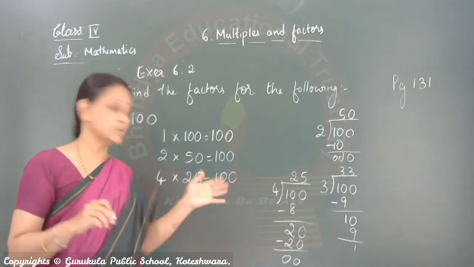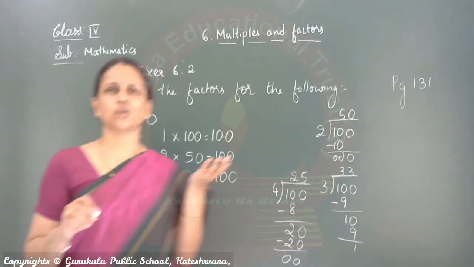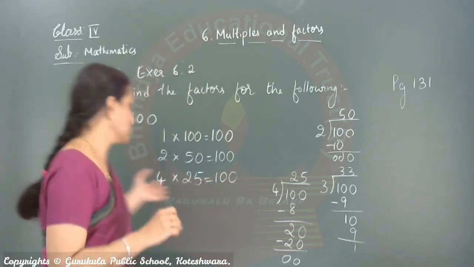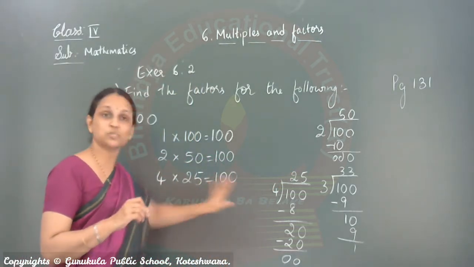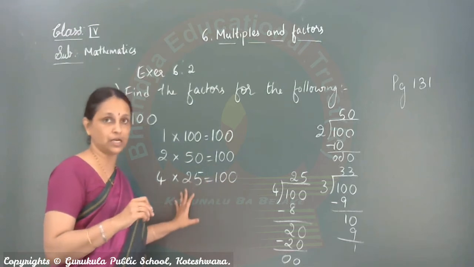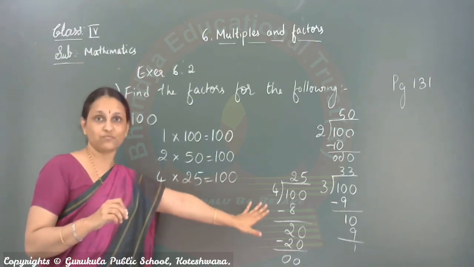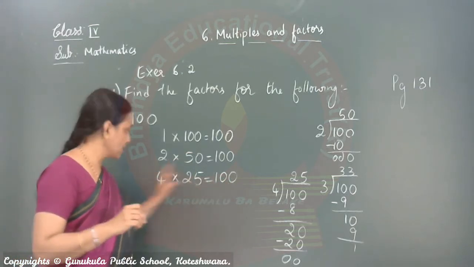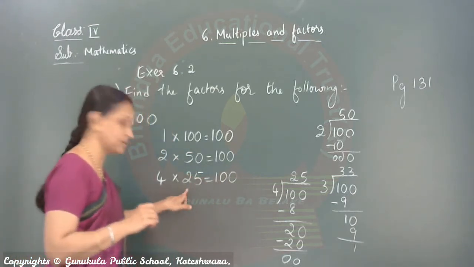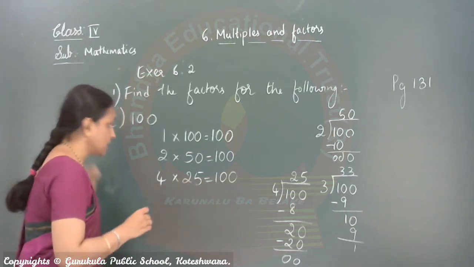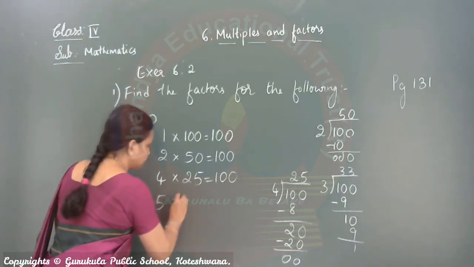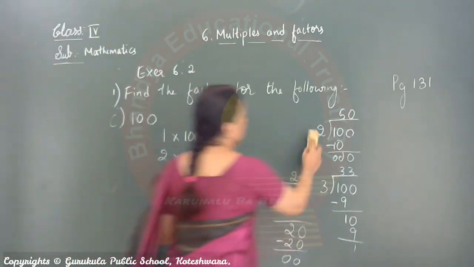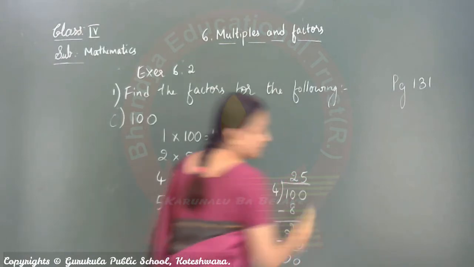If it is bigger numbers, you can do this way. Sometimes these calculations you know automatically, because when you work more on tables, you will know just by seeing the number. That time you can write directly. But if you have doubt, that's why I am working it out. So 4 is a factor of 100 and 4 into 25 is 100. Got it? Yes. Next, in 5 tables will it come? You have to check with division. Divide 100 by 5.